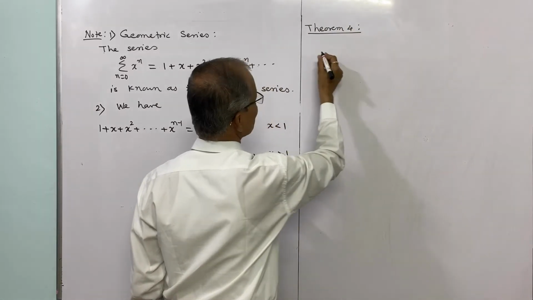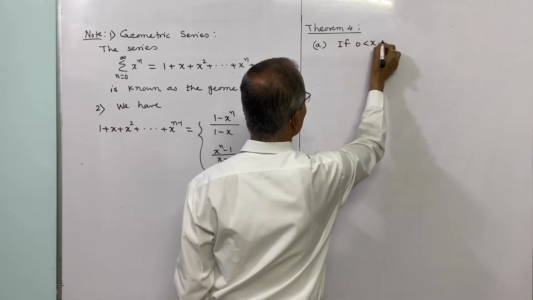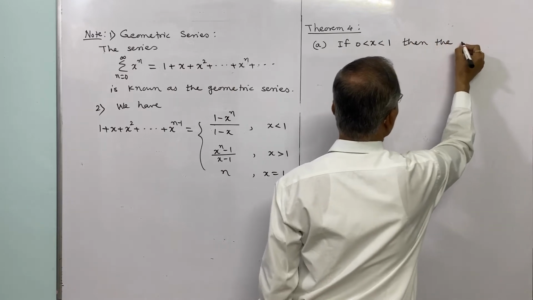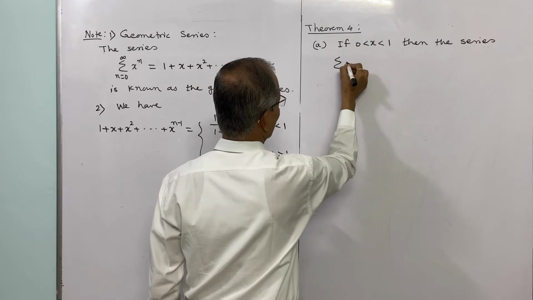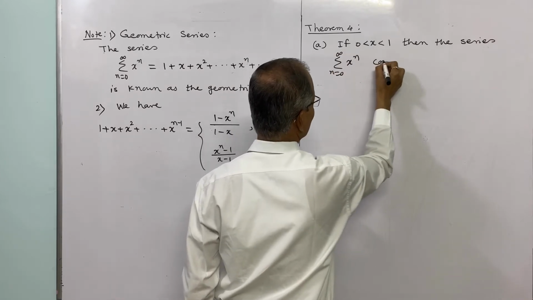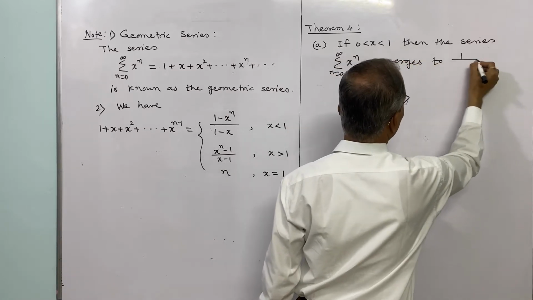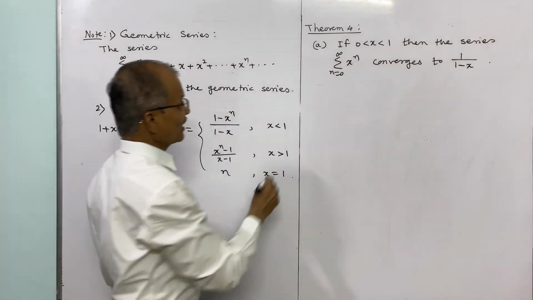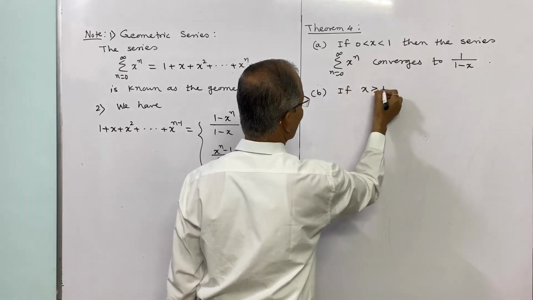It has two parts. First, if 0 is less than x is less than 1, then the series summation x to the power n, n takes value 0 to infinity, converges exactly to 1 divided by 1 minus x. That is the first result. And the second result is if x is greater than or equal to 1,